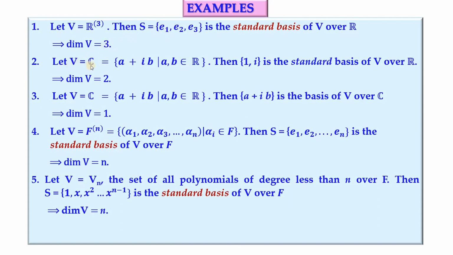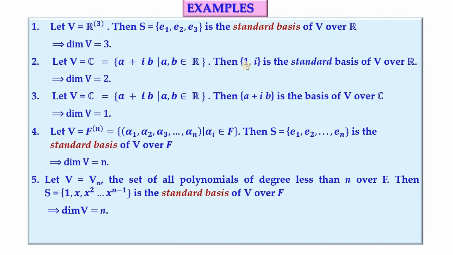Now if we consider the set of complex numbers, in fact that's a vector space over R and over itself also. So over its subfield R, we will see what is the dimension. Now 1, i, this collection is the standard basis for this because it spans, and these are linearly independent also, because